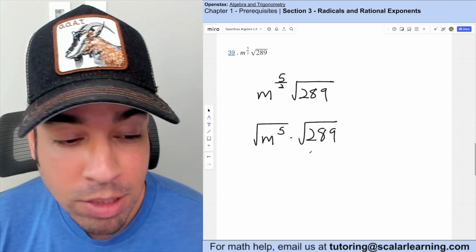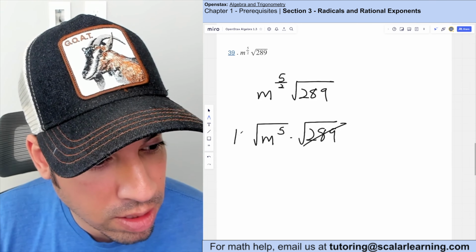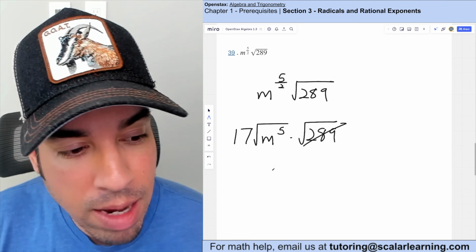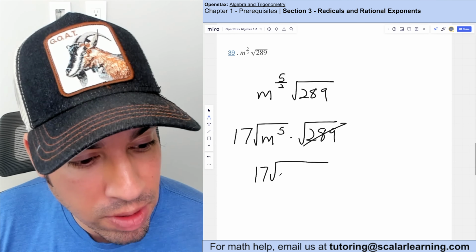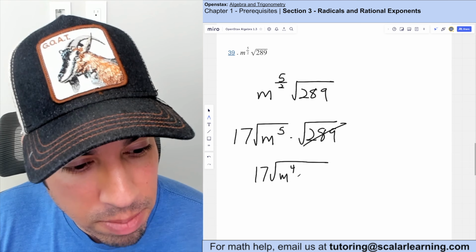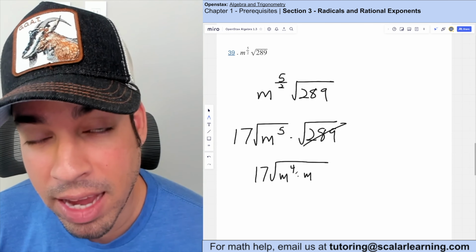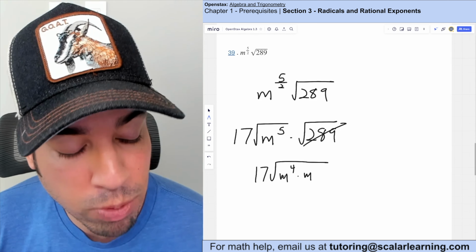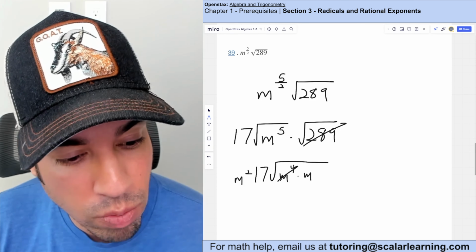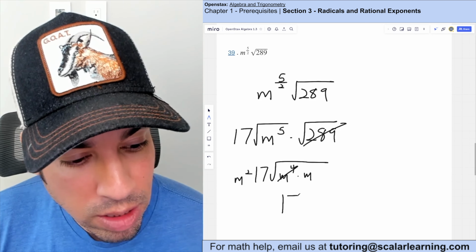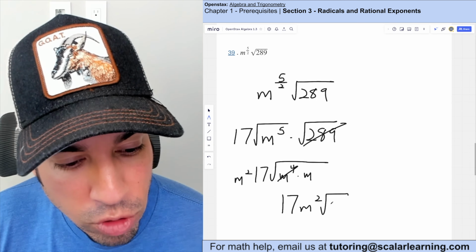Now I could merge these, but the thing is 289 is a perfect square. So I'm going to take the square root of that, which is 17. I'm going to place that out there. Then I'm going to look at m to the 5th and see if there's any perfect squares in that. So of course, m to the 5th is m to the 4th times m to the 1st, I'll just say m. And m to the 4th, anything with an even exponent is a perfect square. So the square root of m to the 4th is m squared, so that can come outside. So I'll write it in our final format with the coefficient first, 17m squared with a m trapped inside the